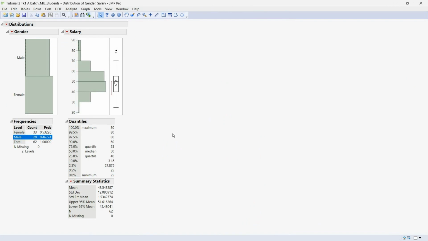So what changes are we getting in the distribution? We have a histogram for gender and a histogram for salary. We are also getting quantiles and summary statistics here. In quantiles, what do we see? In this box plot,